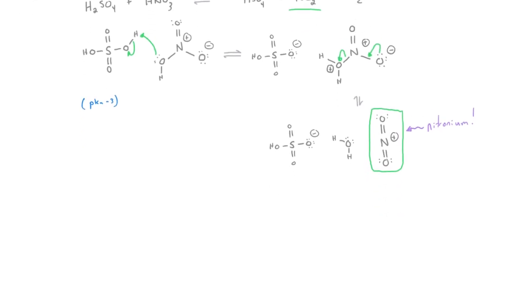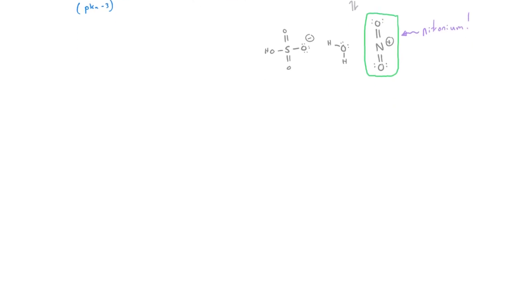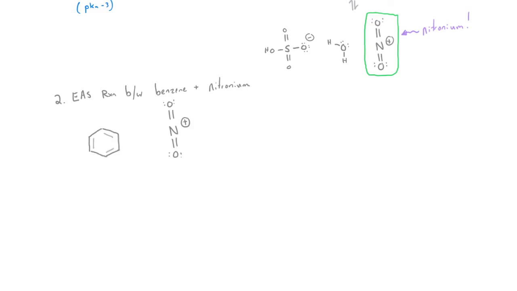Now let's take a look at how the nitronium ion reacts with benzene to see how the EAS part of this reaction works. Because nitronium ion is such a strong electrophile, the aromaticity in benzene can break temporarily to form the sigma bond from one of the pi bonds. The intermediate which forms from this step is a resonance-stabilized carbocation,